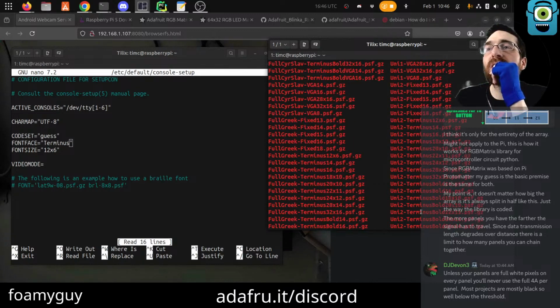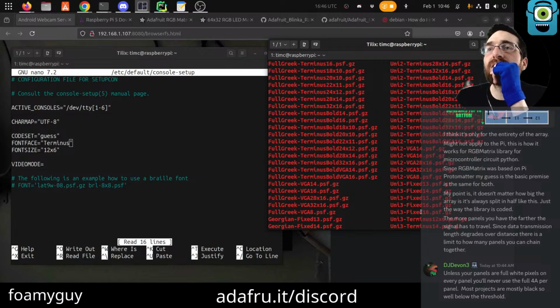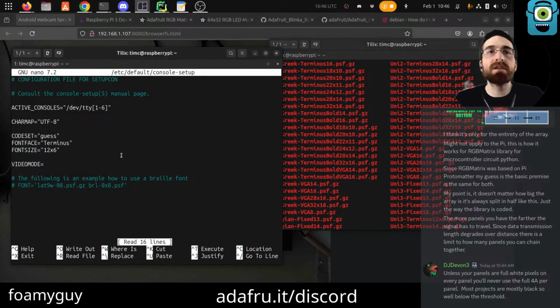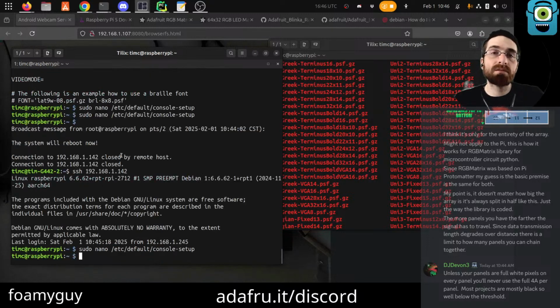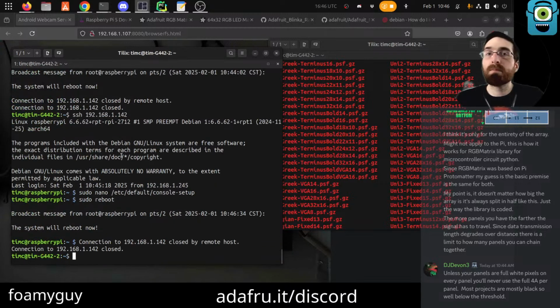You try going bigger to see if it's actually working. Or VGA, would VGA be smaller? VGA 8? VGA 8. Wonder if there's a way to do it without rebooting. Or if there's a way to restart the console session or whatever.